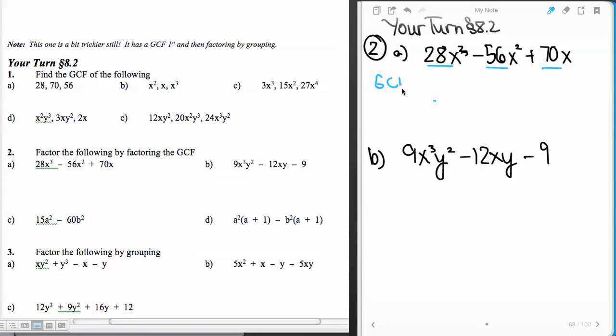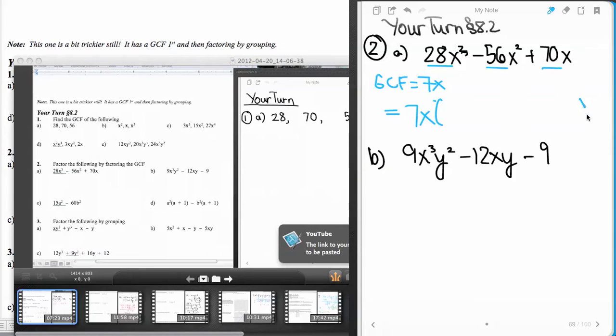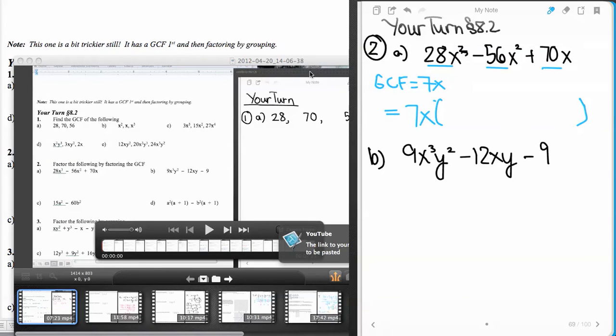If we take a look across numerically, I can see that they all have a 7 in common, and just like in part A, we can do that formally as well if we need to, and then they all have an x in common. And now I'm going to rewrite this as equaling that GCF 7x, and I'm going to get prepared for having a